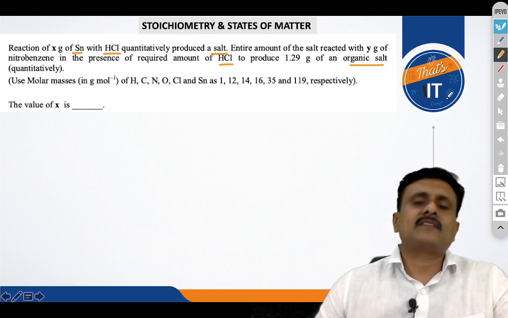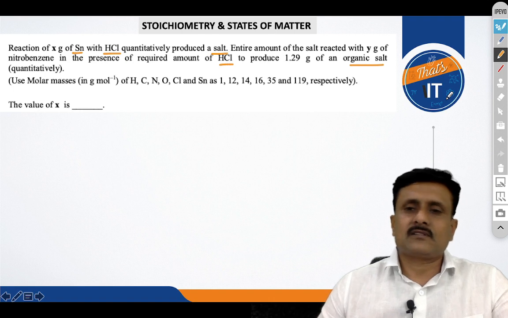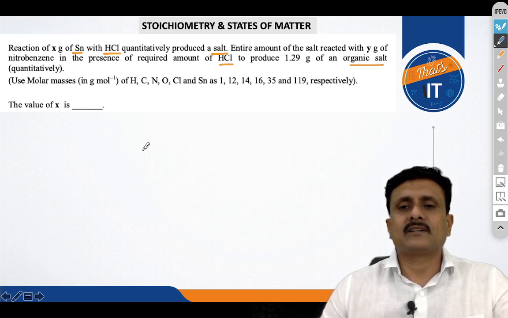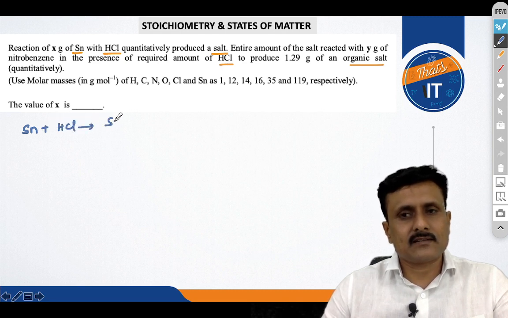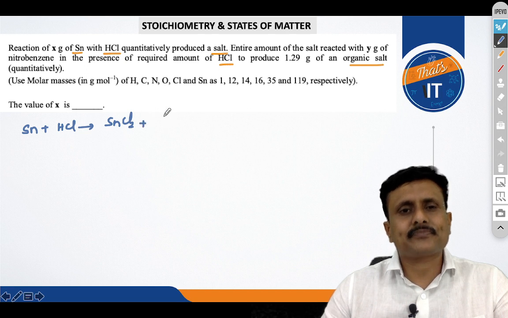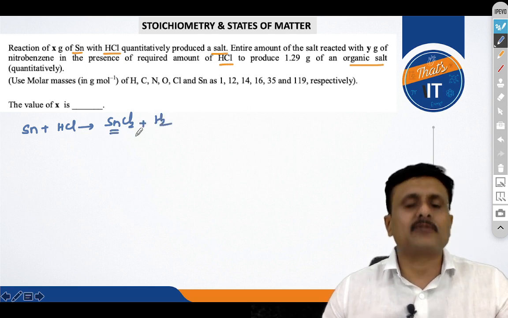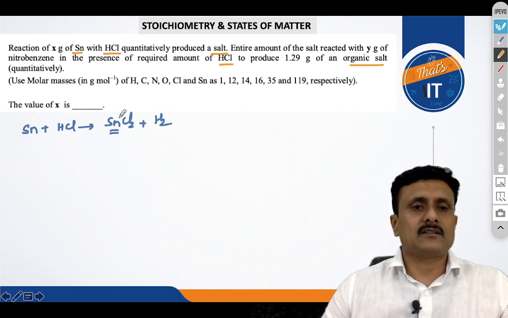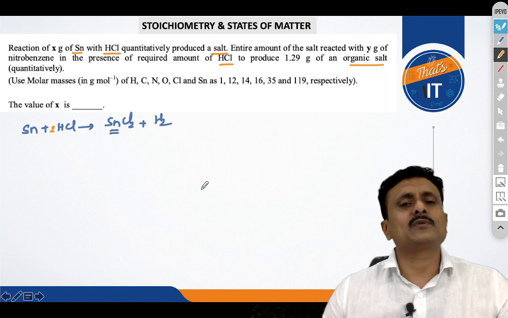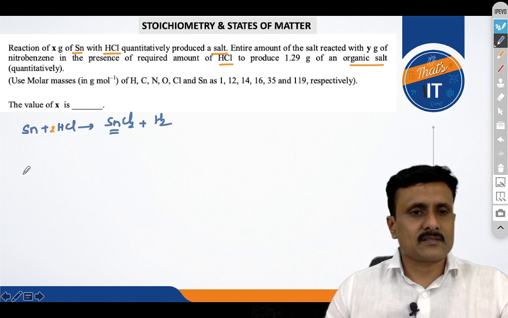So to solve this question, one should have the balanced chemical equation. Alright, so let's write that balanced chemical equation, which is, tin, you can see, is first reacting with HCl. You should be good at balancing, right? SnCl2 and H2. This is the salt, which is actually the reducing agent, as we all know. When you balance the equation by writing the coefficients, this is going to be 2HCl. It's a simple equation. Now the actual task comes in the second step, like